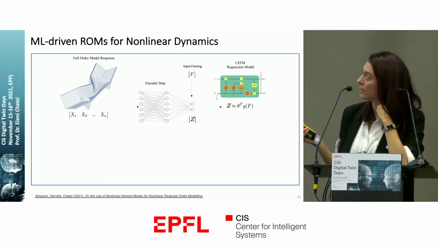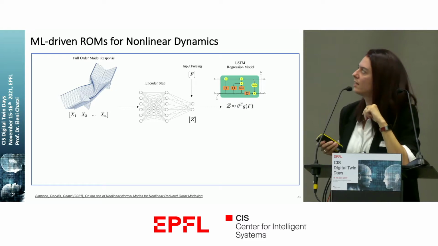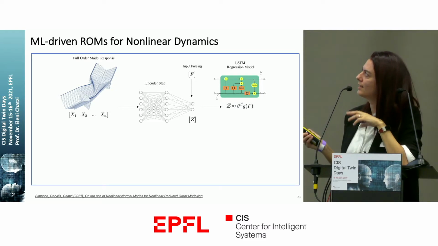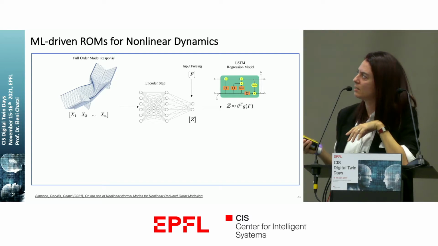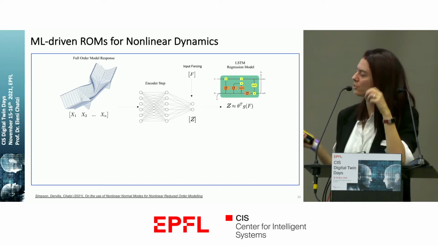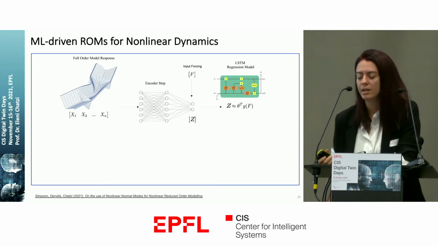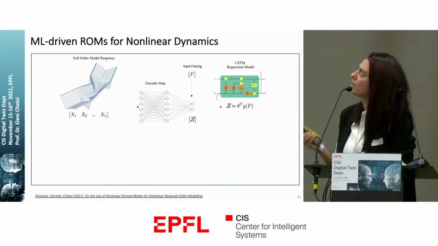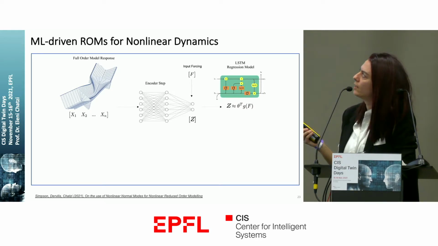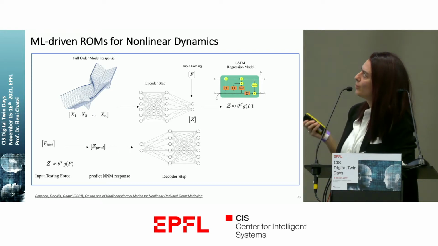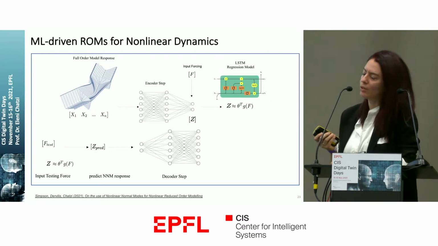If you're able to do this and have this reduced representation, and you also have an input force to your system that is at some finite number of degrees of freedom, then you can build a regression, a dynamics model, but this time not for the expensive, full-order millions of degrees of freedom, but just the latent space, the very cheap and comprehensive latent space that you have here. And you can do this using an LSTM or another recurrent neural network expression. LSTM is what we use here to obtain a regression model between an input force and this lower dimensional latent space. And if you do this, this means that you can solve your dynamics that is possibly nonlinear in this